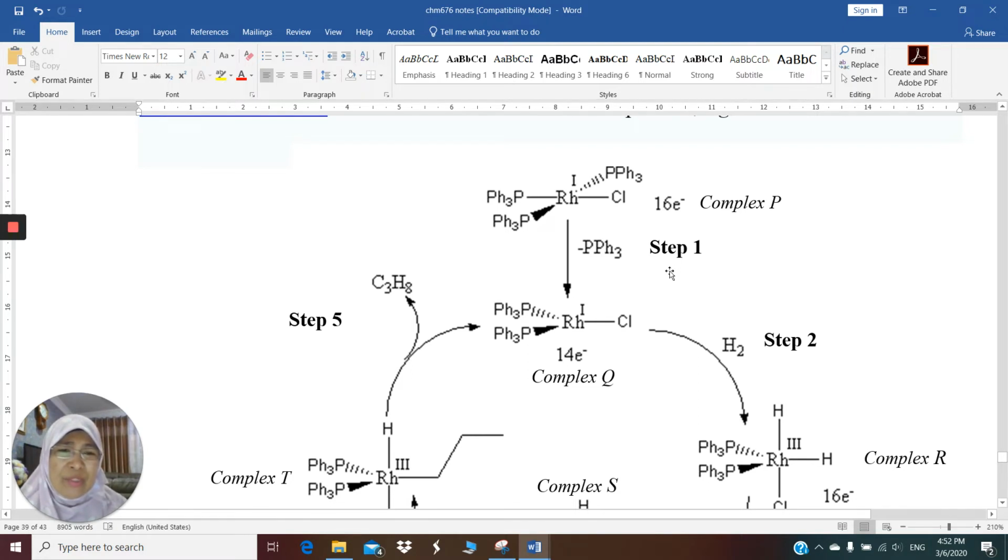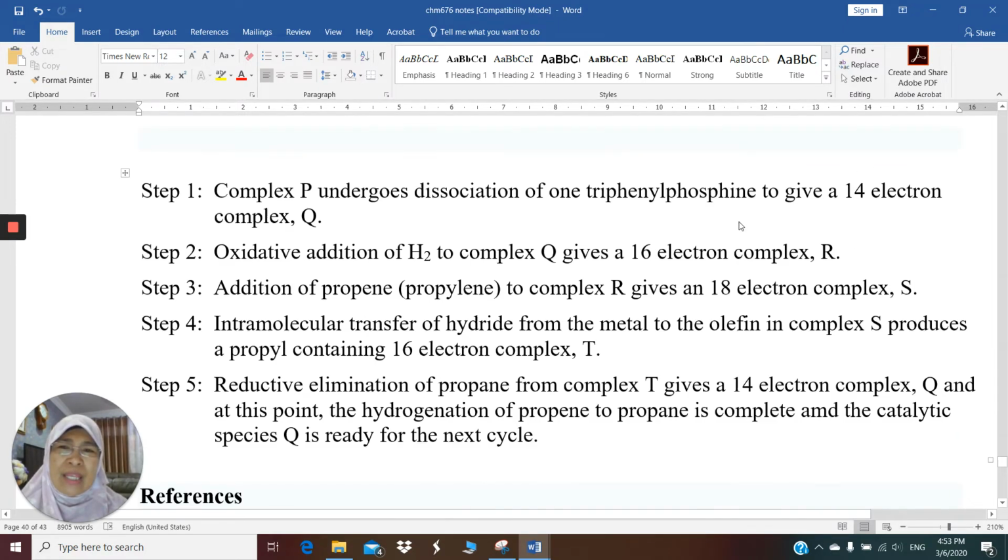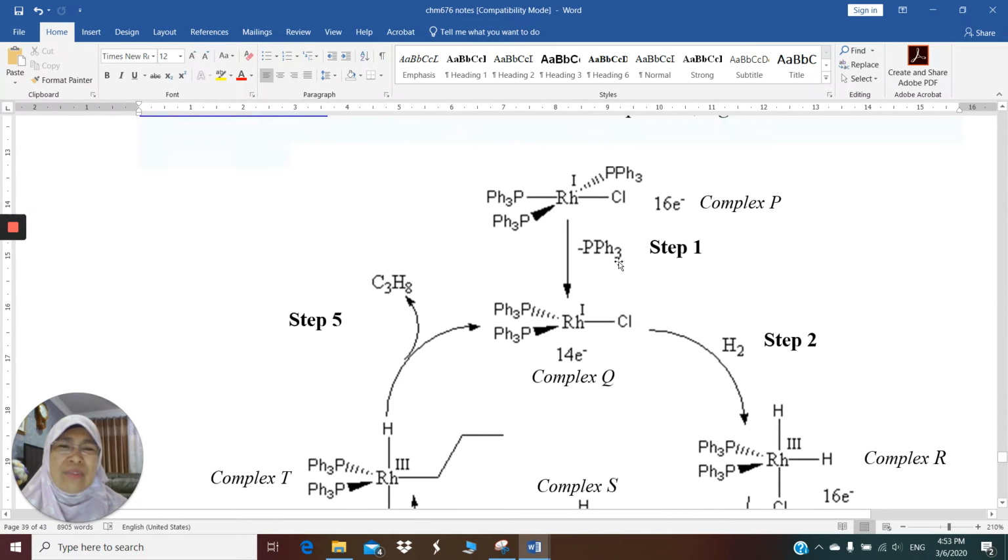Now, the first thing that will happen to this Wilkinson's catalyst is it's going to undergo step 1, which is a simple elimination of a triphenylphosphine. So what is step 1? It undergoes dissociation of one triphenylphosphine to give a 14 electron complex Q. So it eliminates triphenylphosphine to go from complex P to complex Q. This is the 14 electron species, count the electrons, no problem. So it is now ready to receive hydrogen,